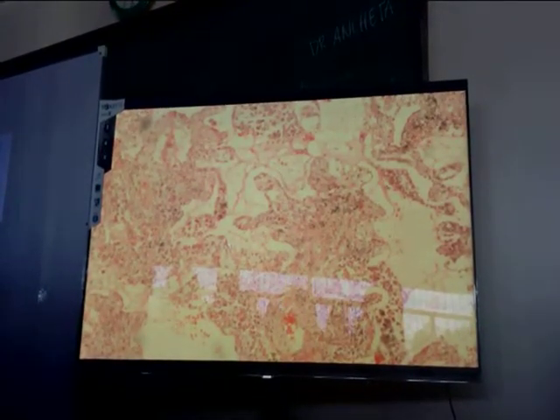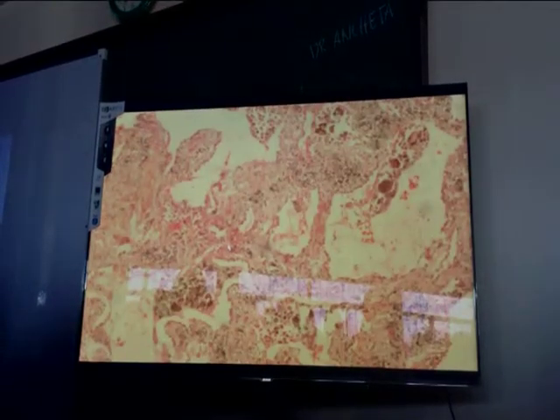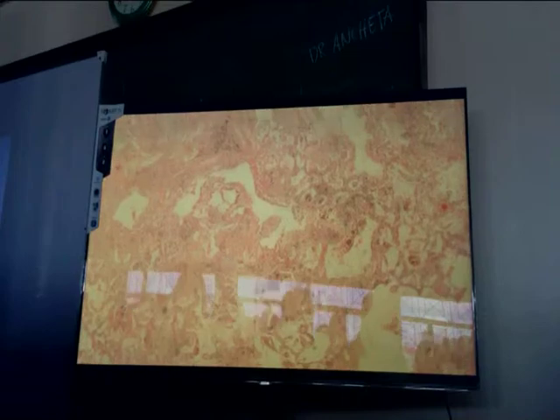What is the diagnosis for 177, please? Okay, asbestosis. Now, at that magnification, the tissues of the lungs are obviously inflamed. Okay? So the tissues of the lungs are markedly inflamed, and then